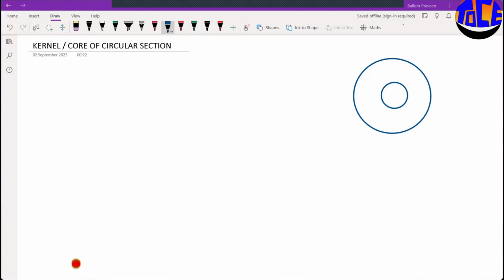Let us try to find out the equation for the kernel of circular section, or we can call it the core of circular section. The core or kernel of a section is nothing but